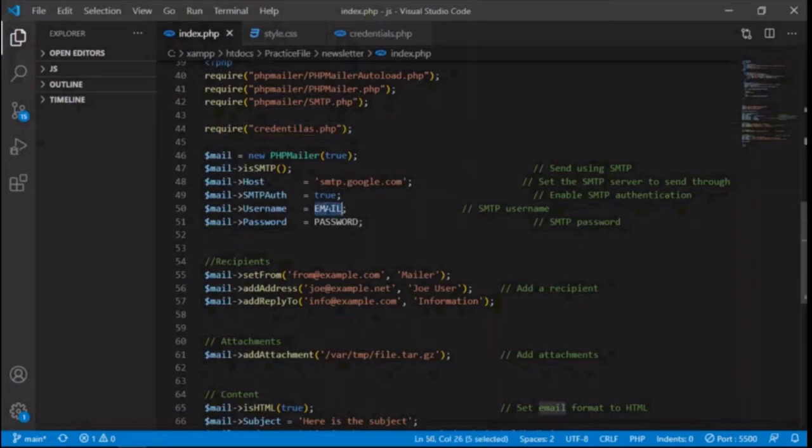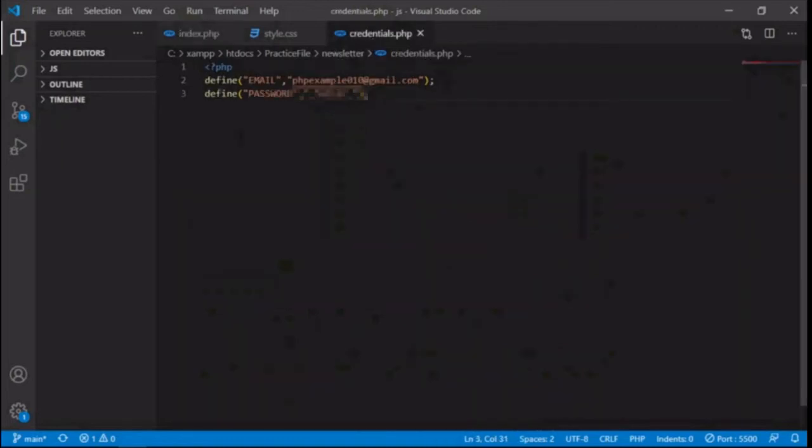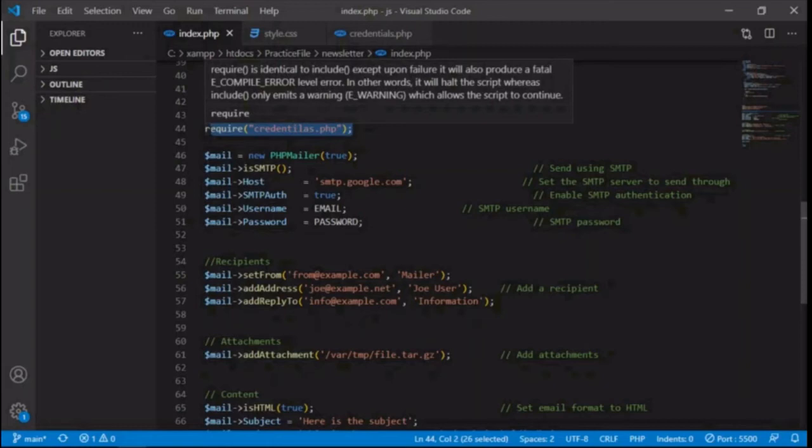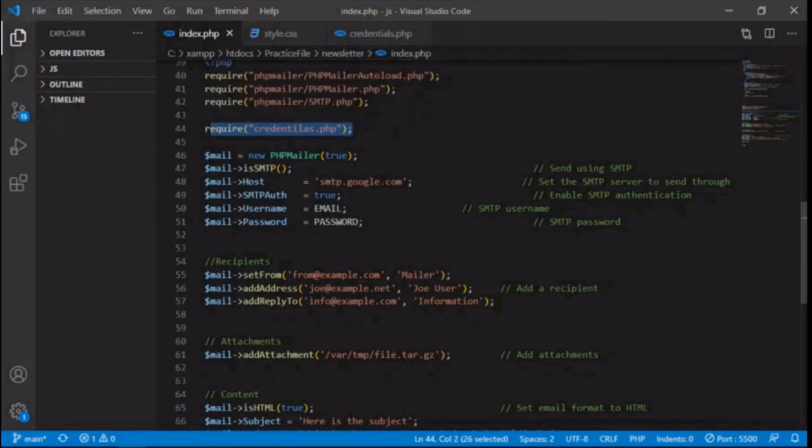Username, your email ID. I created this credential.php where I define constants: my email ID and my password. I added that file into my index page.